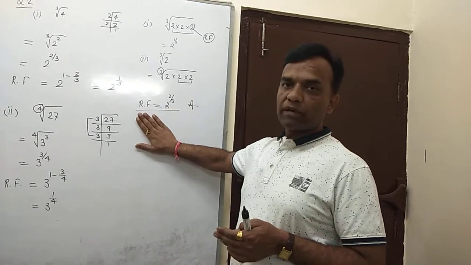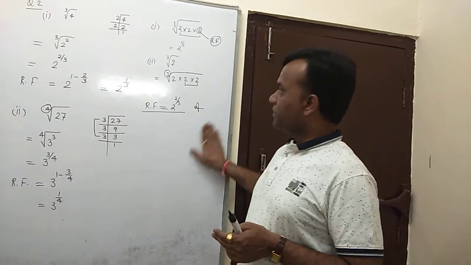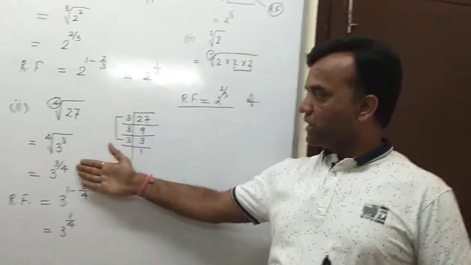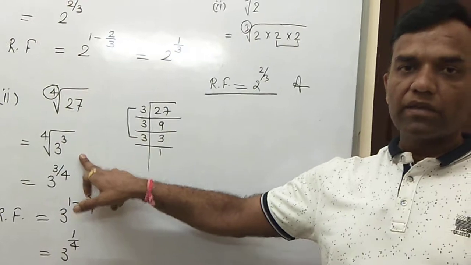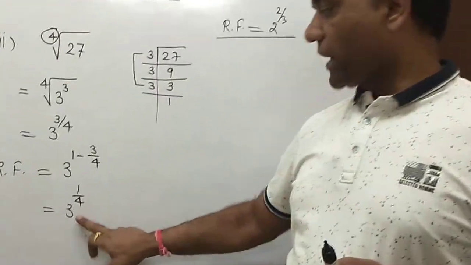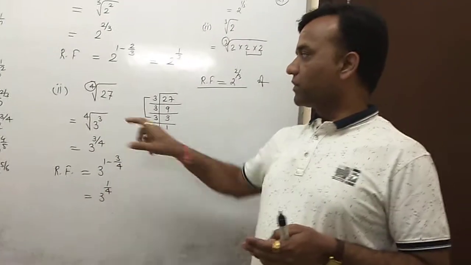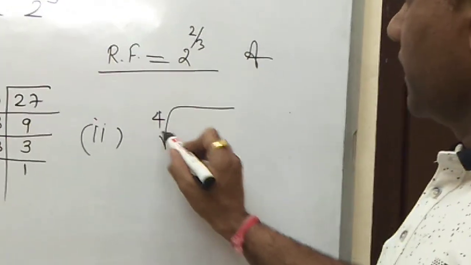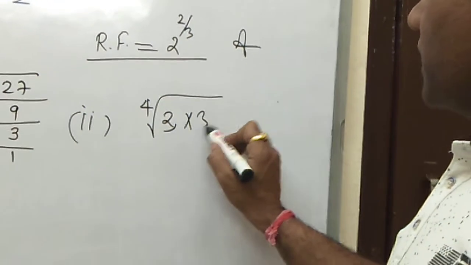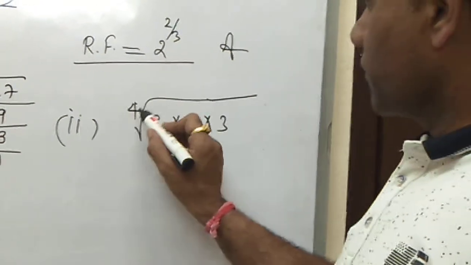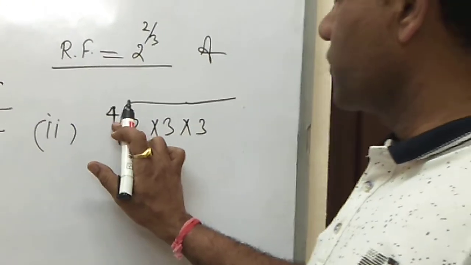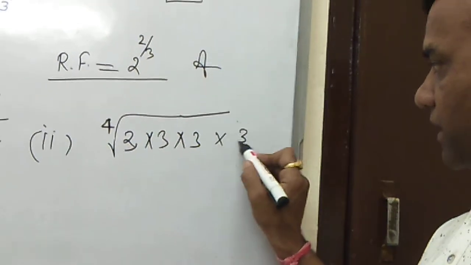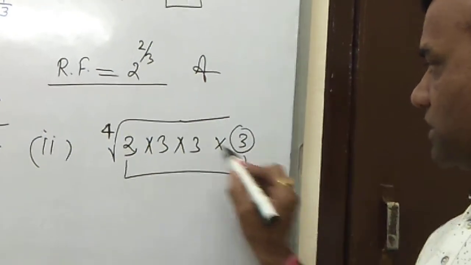Are you using the concept of rationalizing factor? Some of the examples are related, and we do it like this. This question is again the same, because here the power is 4 but inside the number there are 3, so one more number is required. So our rationalizing factor is 3 only, because you require one more 3 here. Again here we explain with the help of factors. You write 27 as 3 into 3 into 3, because you convert it into a mixed fraction, and the requirement is one more 3 here, and then you make it to the power 4, because your power is 4.